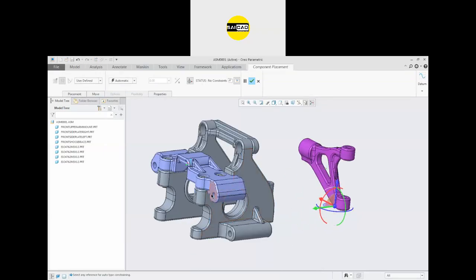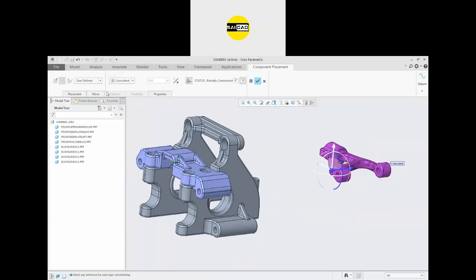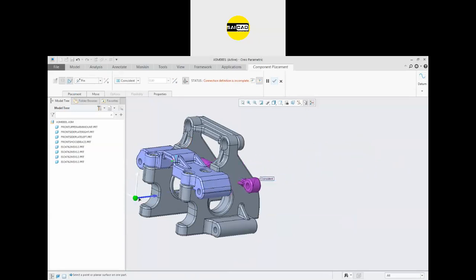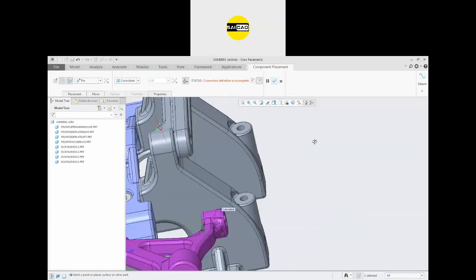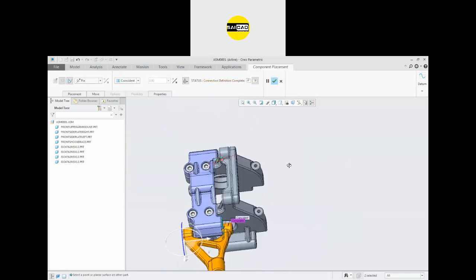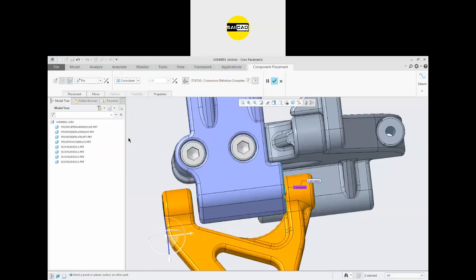So I just have to use the pin joint from here. So it should be pin because it's the motion. So here we have the part. Select the face to face like that. There is some gap. You can also specify the plane also, or you can specify the distance also.